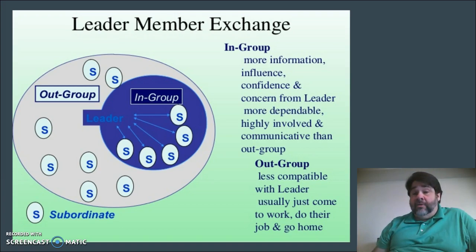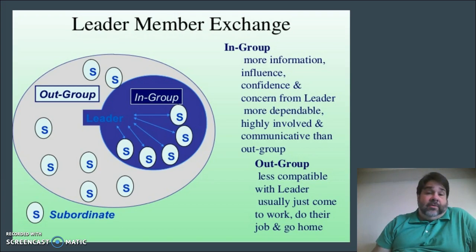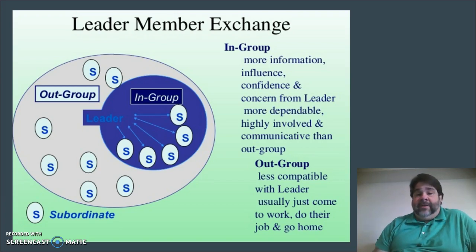When it comes to the out-group, those are people that typically the leader hasn't gotten along with. They may or may not like their job. The connotation is, and I'm going to argue a little bit differently shortly, that they come in, they do what's expected of them, they're great workers, they do their job, and then they simply go home. And so it's pretty simple. I mean, it's almost as if it's who are the popular kids that are in with the leader and who are the non-popular kids that are not.